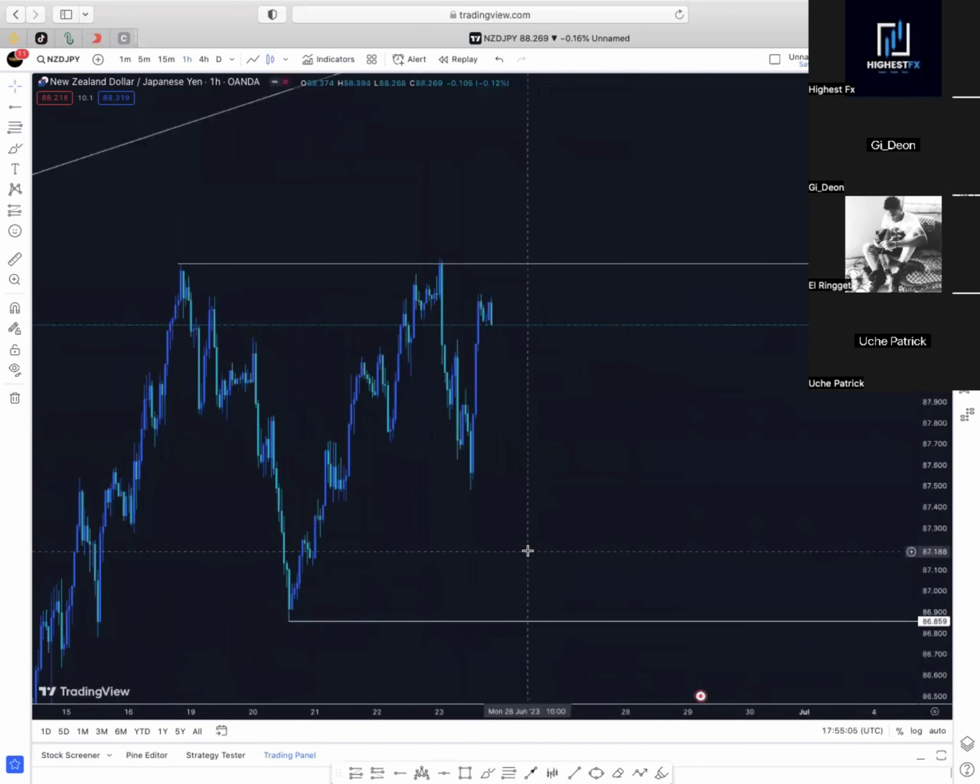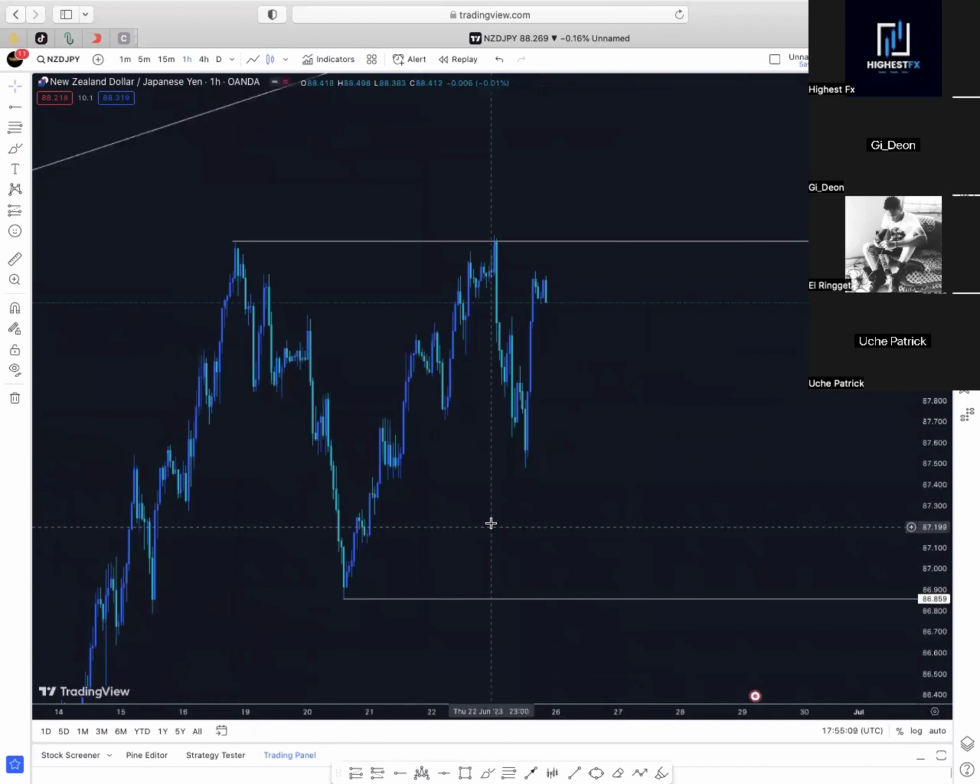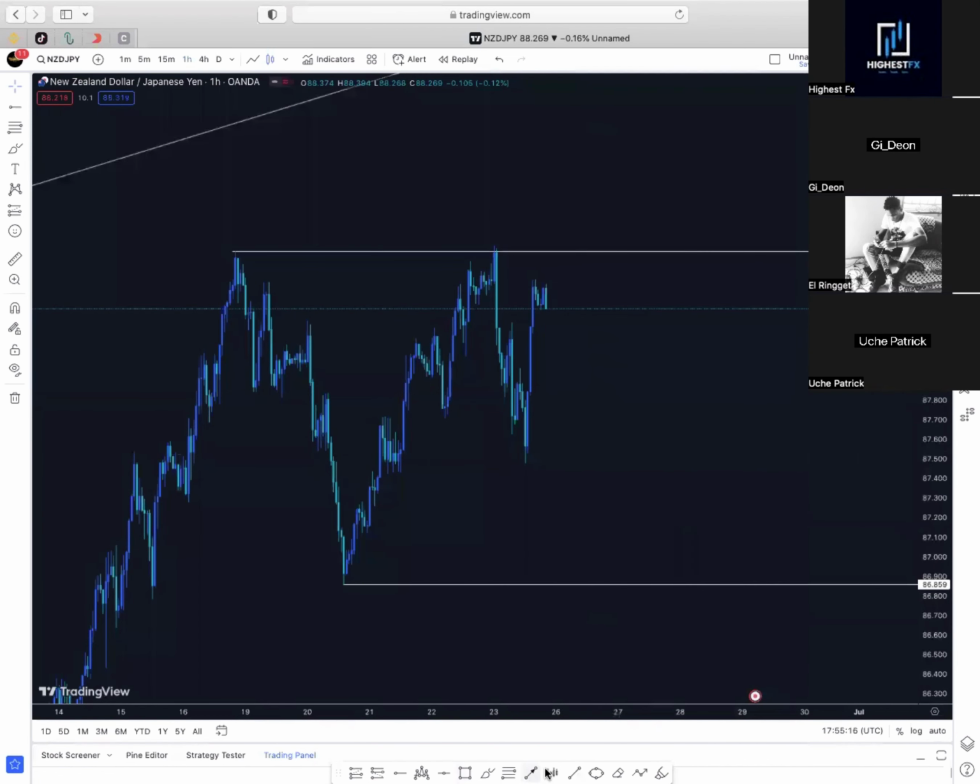So this is what the structure looks like right now on the 1 hour. And then from what we have, we cannot plot a trend line like this. What we are having right now, we can't plot a trend line. But if we look at the last two swing points, like the last two supportive swing points, we can have this kind of structure because